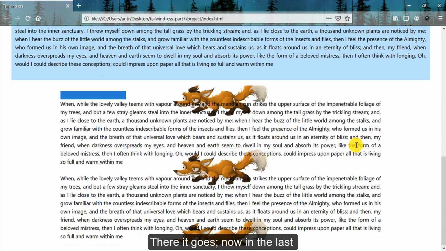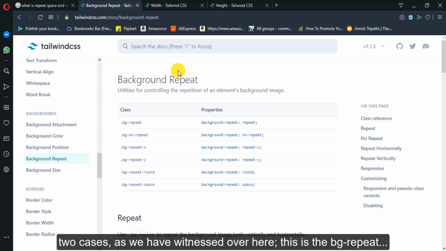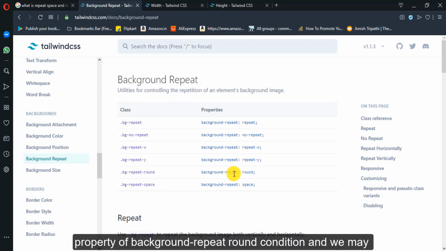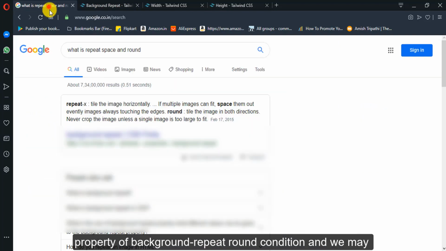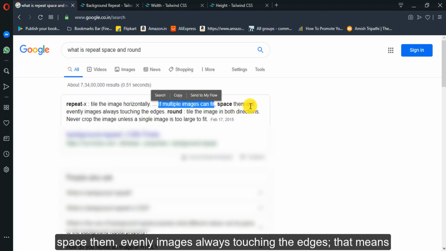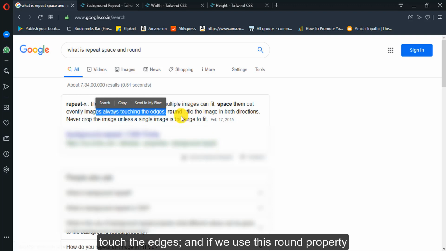There it goes. Now in the last two cases, as we had witnessed over here, this is the BG repeat round. Now let's do some googling for this particular property of background repeat round, and we may find that if multiple images can fit, space them out evenly, images always touching the edges. That means the images will be spaced out to touch the edges.